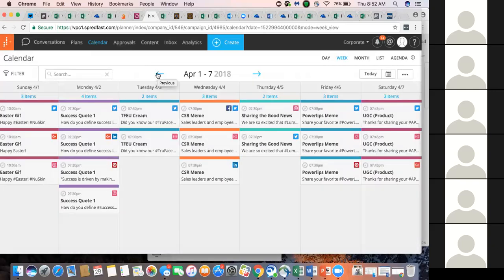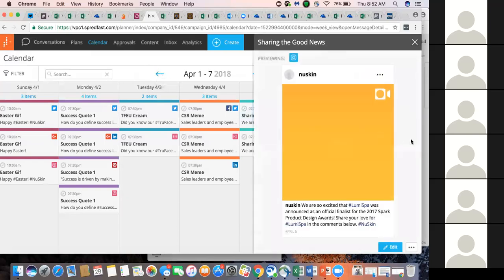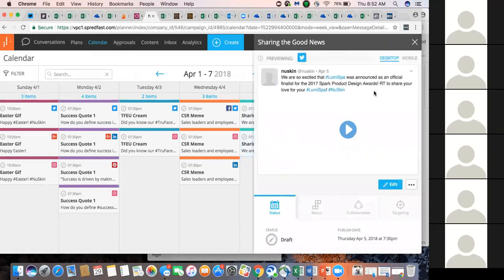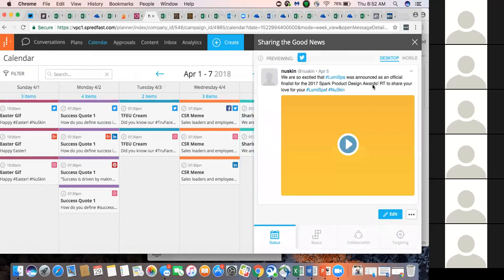So let's go to, okay, for example, this: LumaSpa was an official finalist for the 2017 Spark Product Design Awards. So for example, we're posting this one. This is on our Instagram. We're saying share your love for LumaSpa in the comments below. When we're posting it on Twitter, we're going to say something a little bit different. We are so excited LumaSpa was announced as an official finalist. Retweet to share your love for your LumaSpa. So we're catering it to our Twitter audience by asking them to retweet it to share their love for LumaSpa,